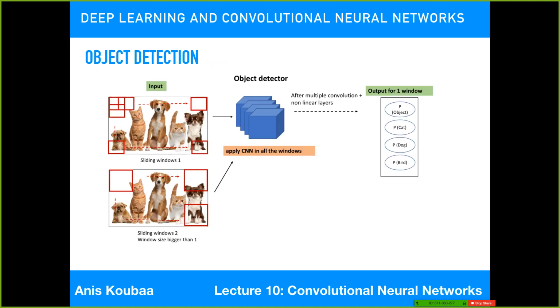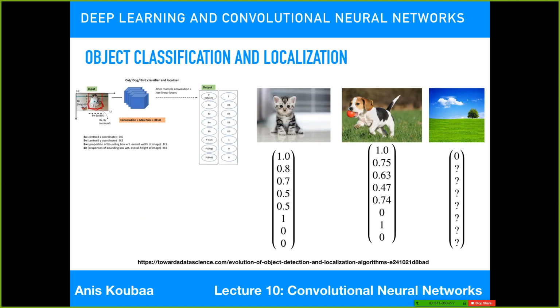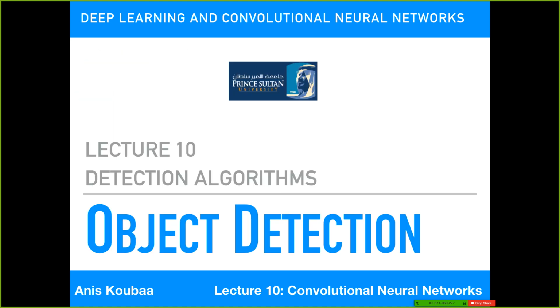Okay, so in object classification and localization, if I come back to the previous slides, we're going to only locate one object, so I think this is clear. It has the probability of whether there is an object or not, the bounding boxes, and also the probability of every object that appears in the image. Okay, so for object detection,